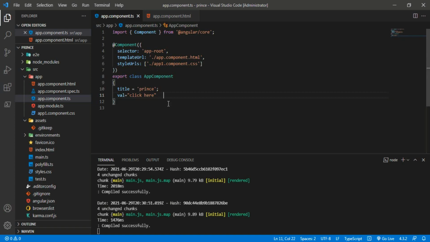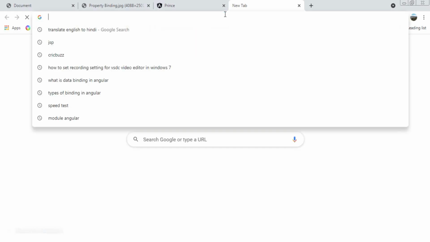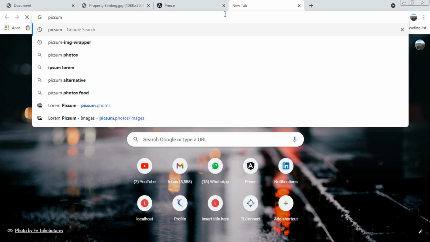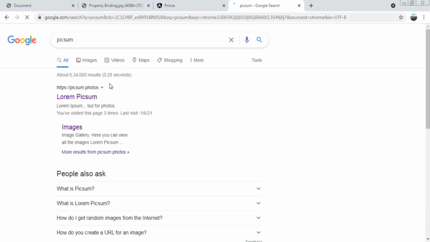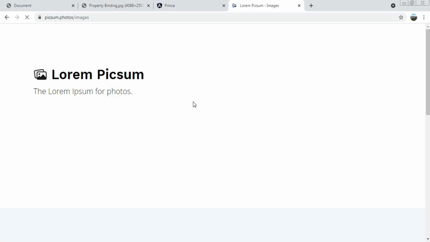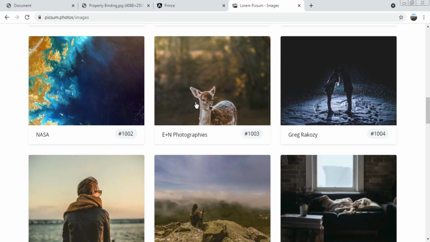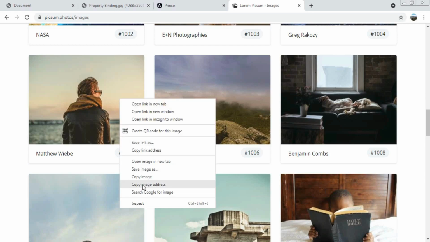Here I will show you. You can search for pixabay and press enter. After that, images, and from here you can select any image. Here I will select one and copy the image address.